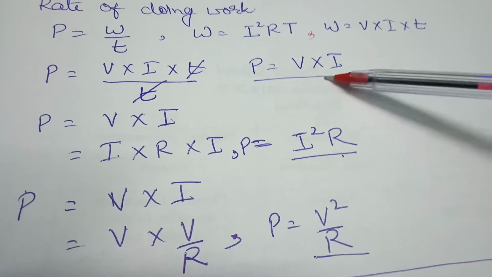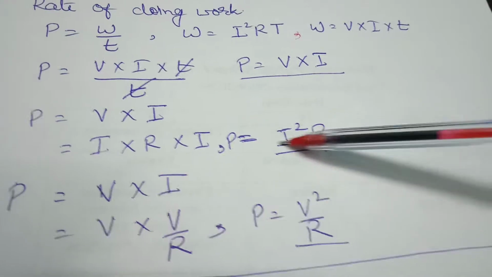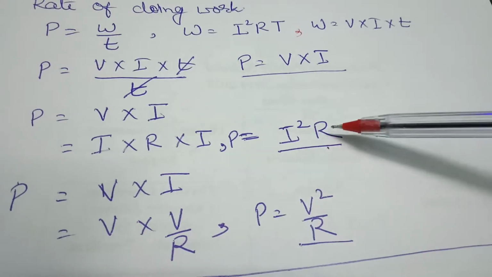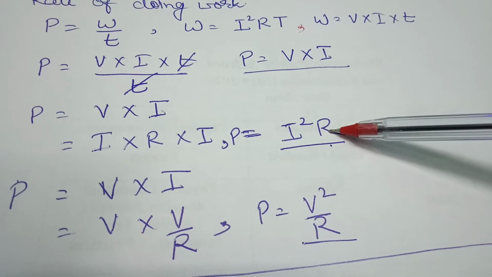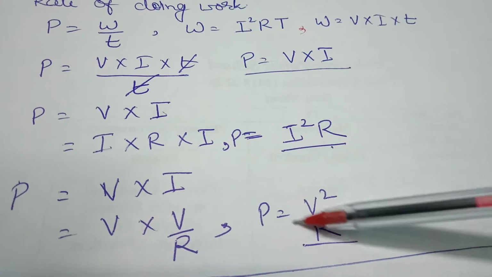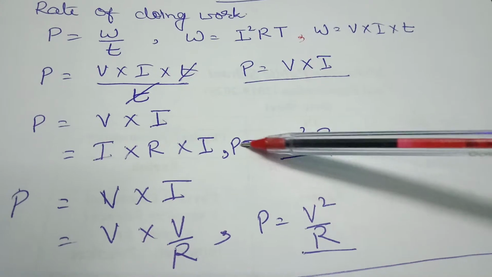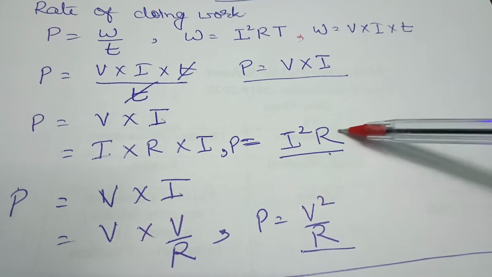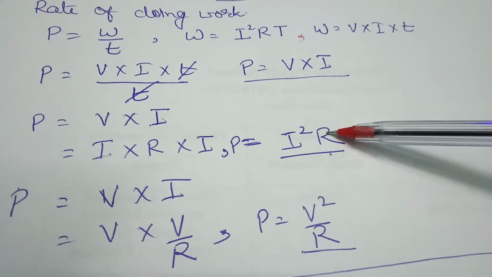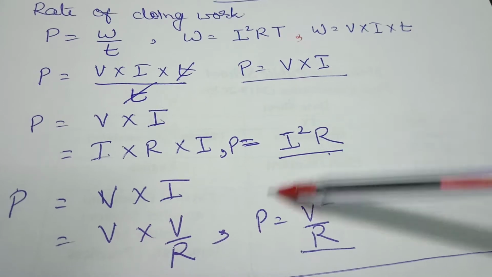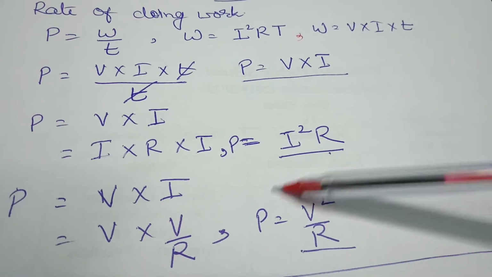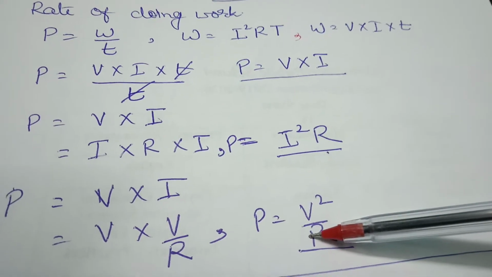Now let us do some discussion about that. Here we can see the power is directly proportional to the resistance, and here power is inversely proportional to the resistance. So that may be controversial. In one equation we are saying that power is directly proportional to the resistance, and here we are saying power is inversely proportional to the resistance, then which will be true?